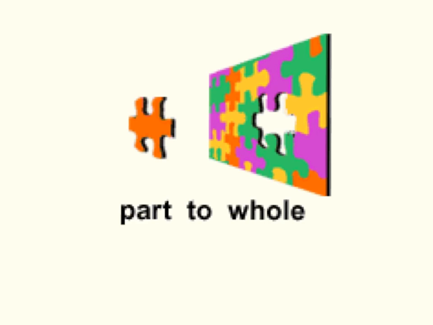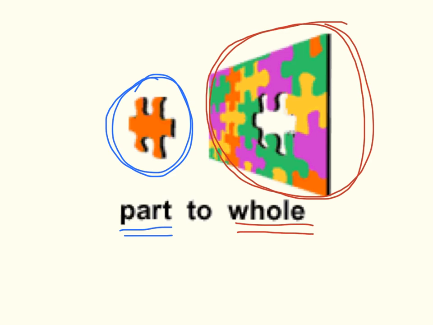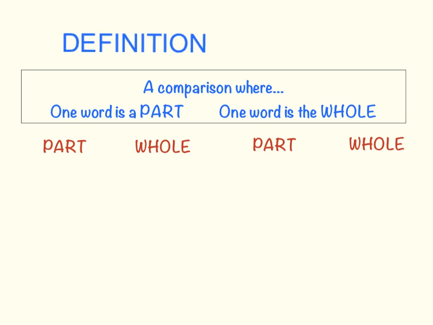Because if we look at a puzzle piece, we've got the single piece, and that's going to be our part. And we've also got the bigger picture, the whole puzzle all put together, and that is our whole. So we're looking for part and then the entirety of something. So here we're going to look at the definition and an example of what a part-to-whole